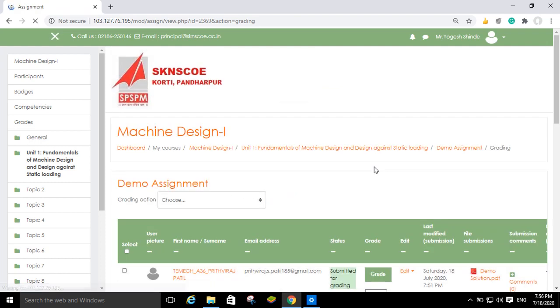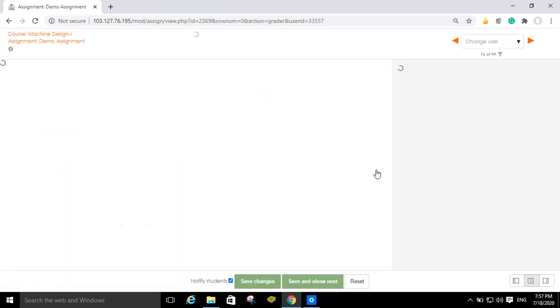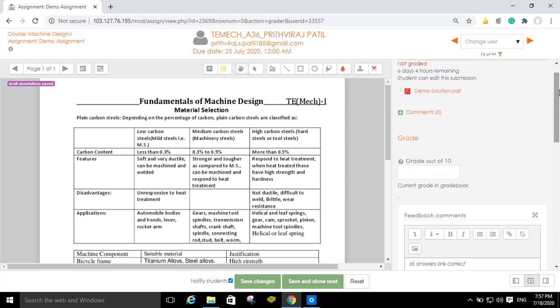So I will click on this submitted button so that I can see the list of students who have submitted the solution. So now here I can see only one student. That means only one student has submitted the solution, as we have seen in the grading summary. So this is the student who has submitted the solution. His status you can see is submitted for grading, and you can see in this grade box nothing is there. That means it is still not graded, and in order to assess his solution you have to click on this option, grade.